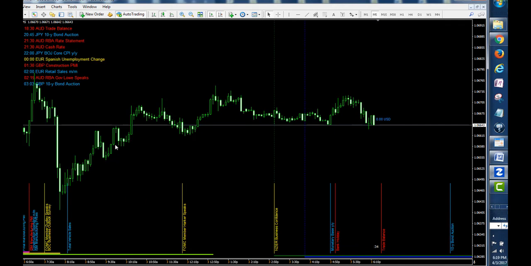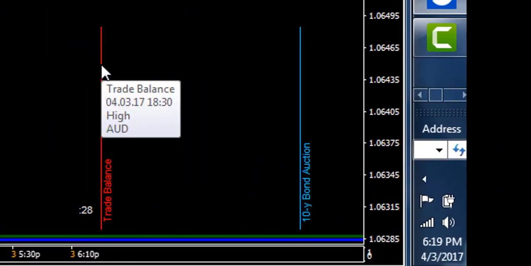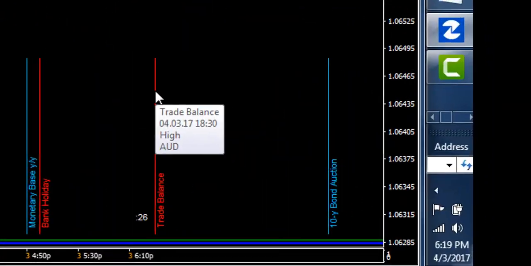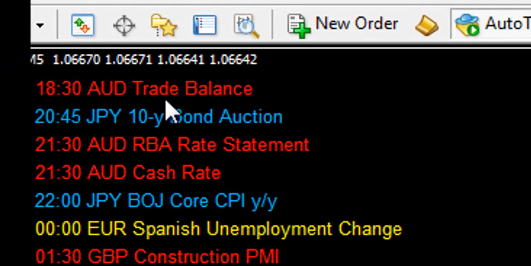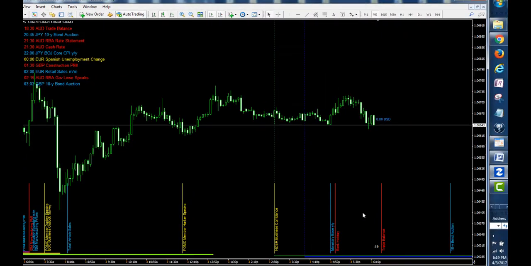And there it is. You have got all of the news events showing. Run your cursor over the top. You've got trade balance. This is a future event. Look at the top left corner: trade balance on the Aussie. I'm not going to go through everything. You've already seen it. But I wanted to show you the main thing, which is here we are on a